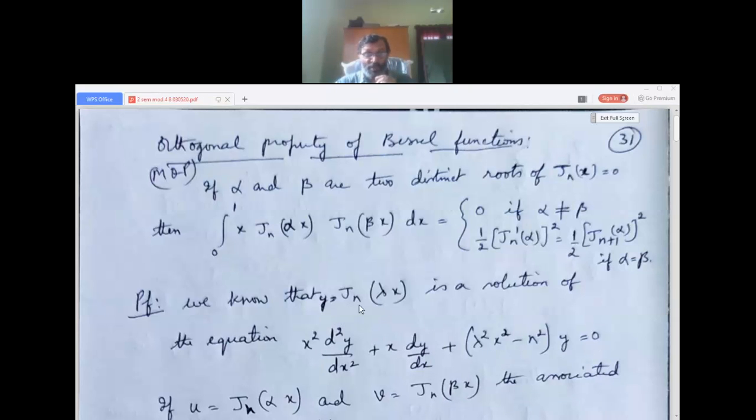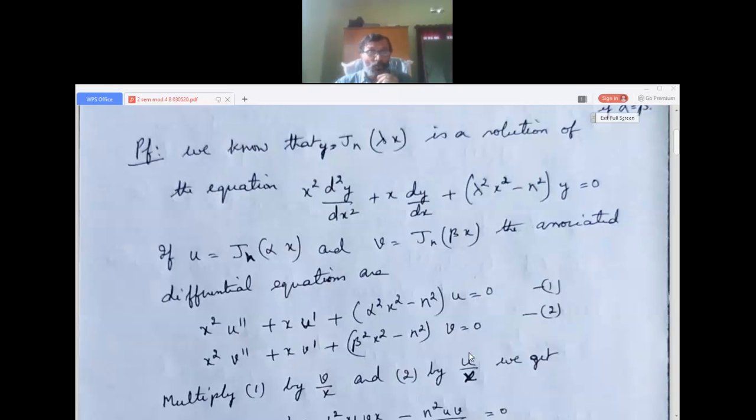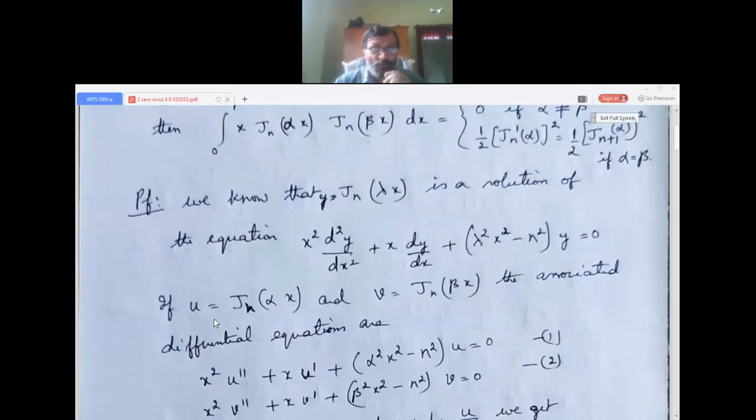But now here, in place of x, we take Jn of lambda x. So in place of x squared, it will be lambda squared x squared minus n squared of y equals 0. We take two roots, that is, if u is equal to Jn alpha x and v is equal to Jn beta x, the associated differential equations are: